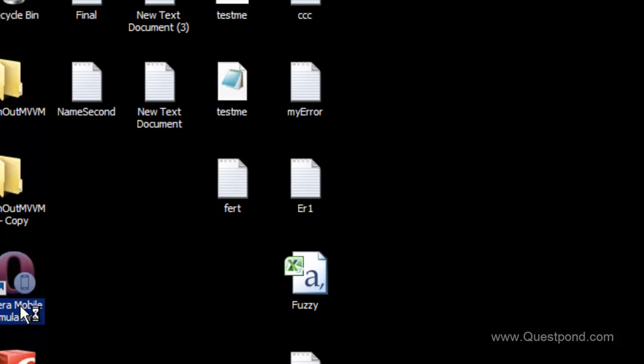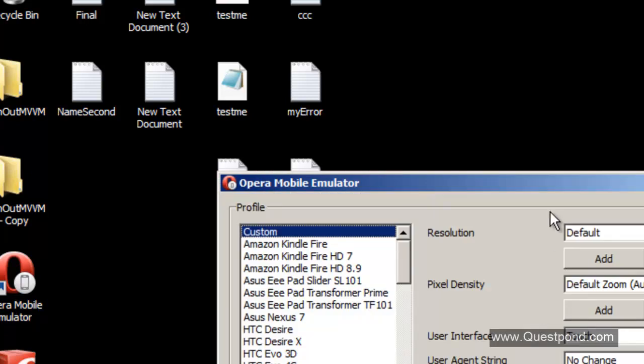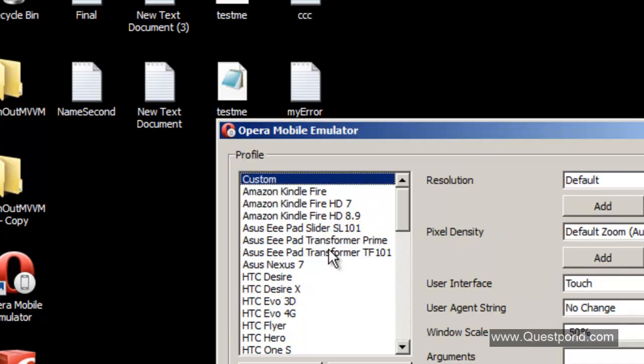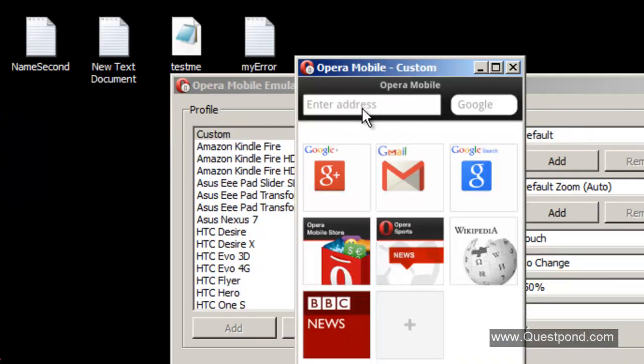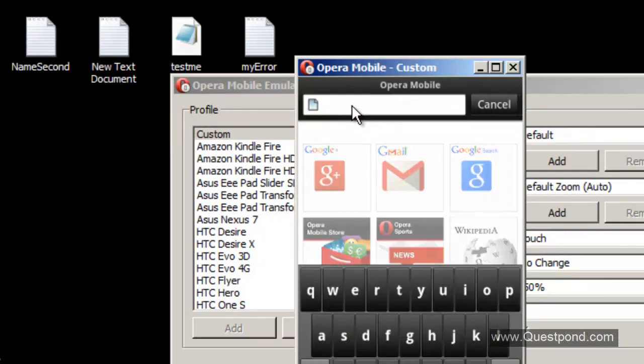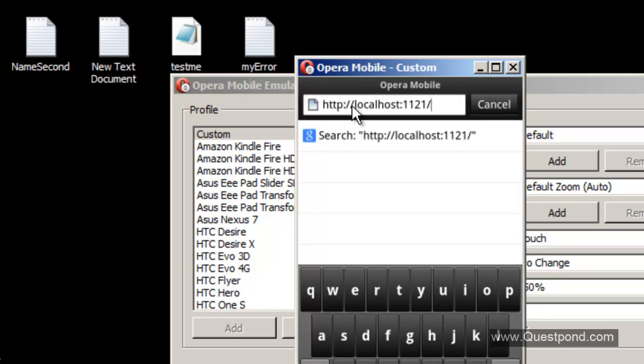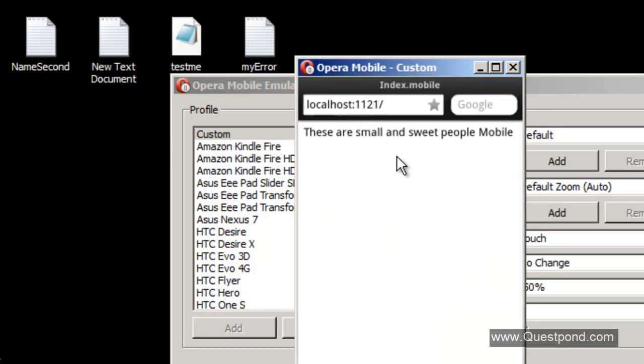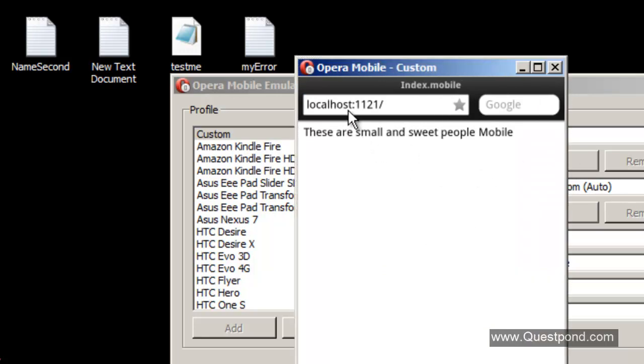So I'll go to this Opera mobile emulator here, and let me try to simulate as if the request is coming from a mobile. So you can see here I've started this emulator. I'll say launch. So I'll go to my URL of the emulator and I'll say enter. Now you can see here automatically the display mode has detected that this request is coming from a mobile, and it has displayed